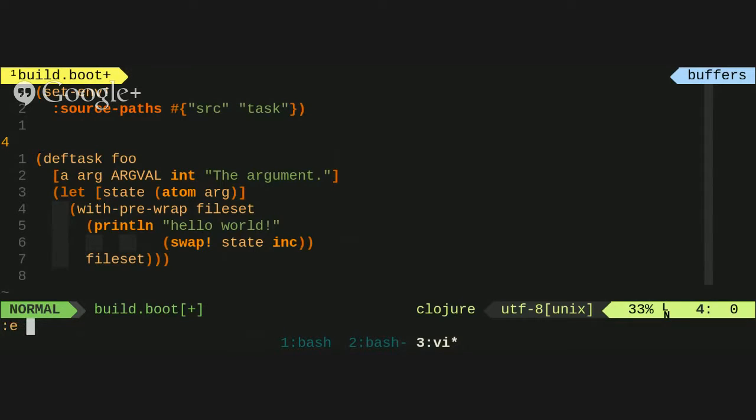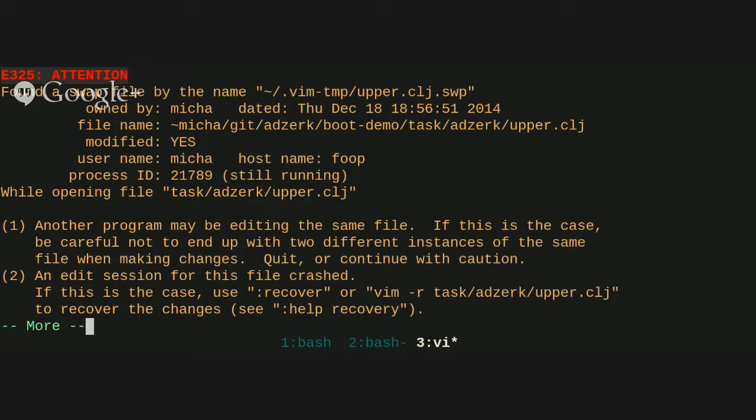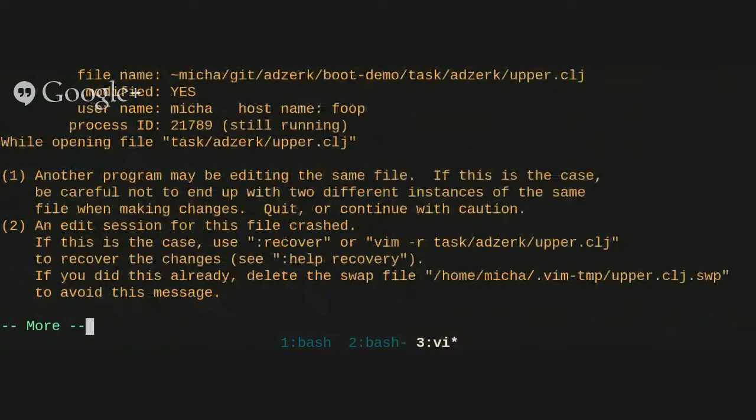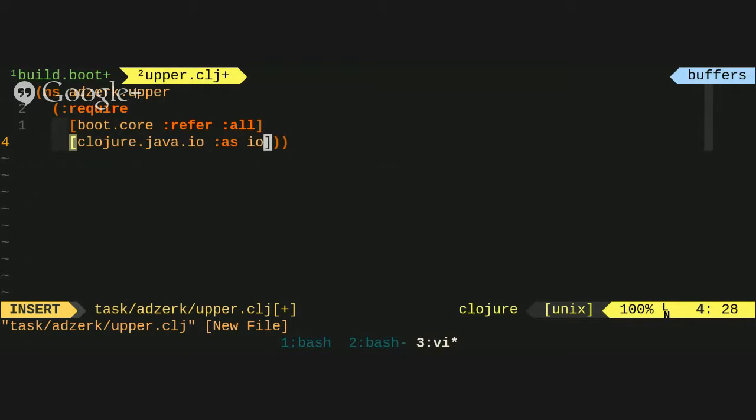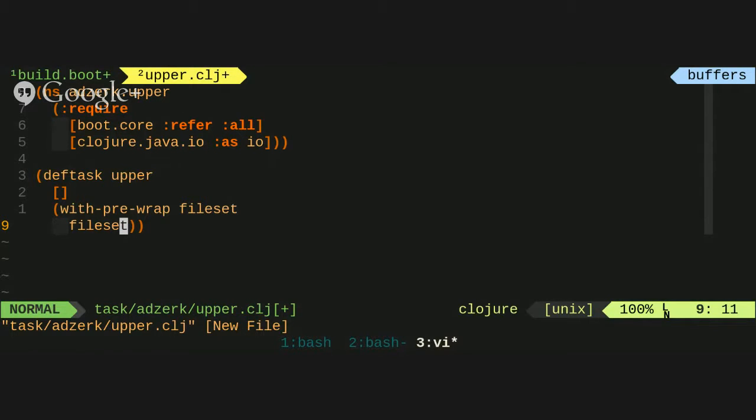And now I'll call the task upper. And we'll require some things. Okay, got that, and we will do the same as before. We're going to do